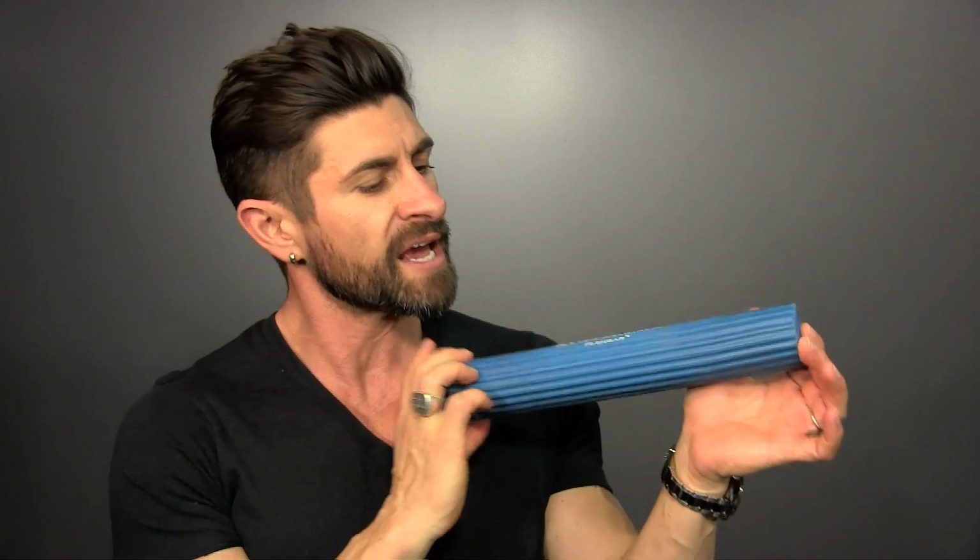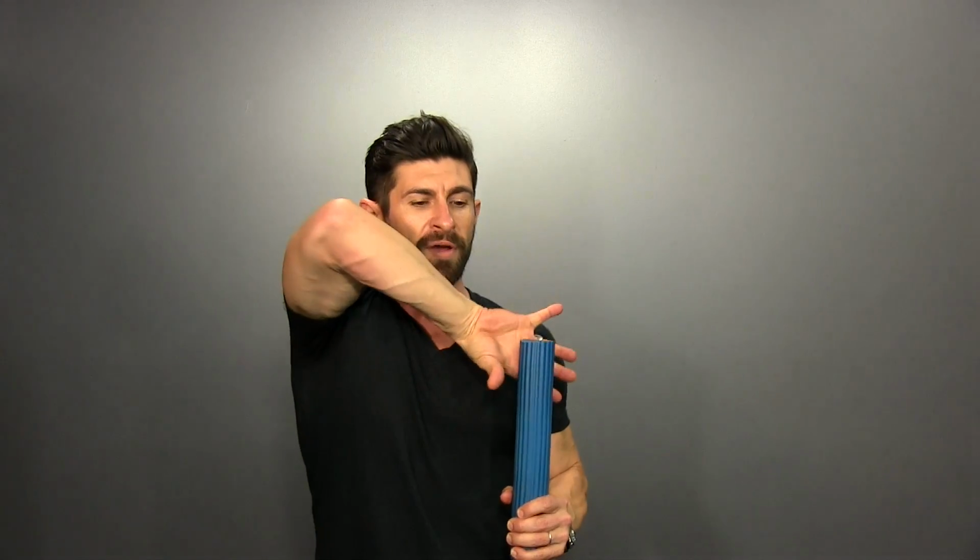The next thing that I do is grab one of these odd looking contraptions. This is a TheraBand product called a FlexBar by TheraBand, and really it's a therapy tool. The way that I use this, I hold the blue bar at my side. Now this is the hand that's damaged, the elbow that's bothering me. I will come over top and grip it,